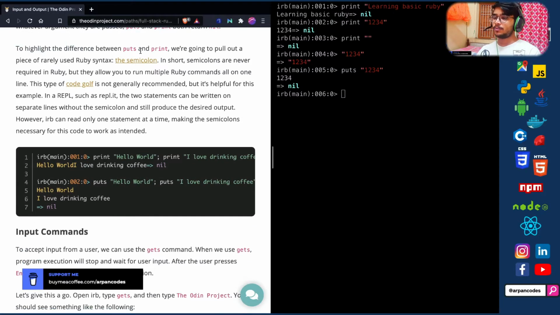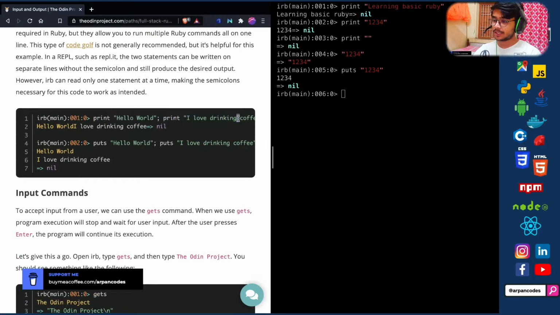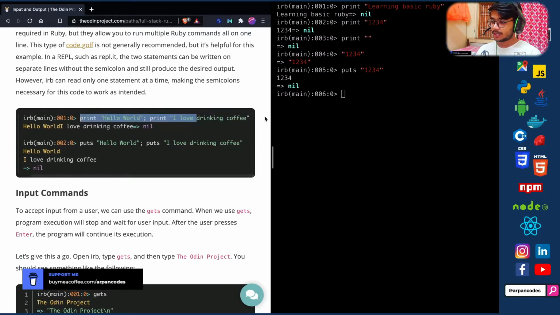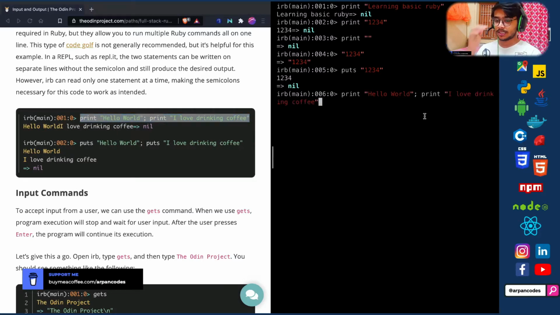To highlight the difference between puts and print, we are going to pull out a piece of rarely used Ruby syntax, the semicolon. In short, semicolons are never required in Ruby, but they allow you to run multiple Ruby commands on one line. This type of code golf is not generally recommended, but it's helpful for this example. So basically we are printing two things in the same execution using a semicolon. This semicolon will help us